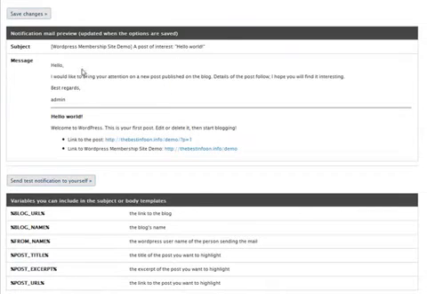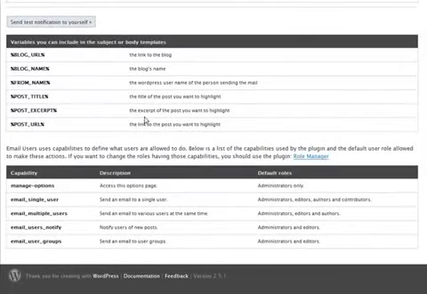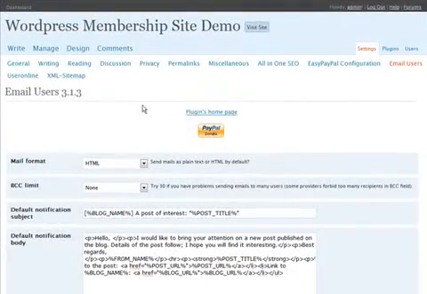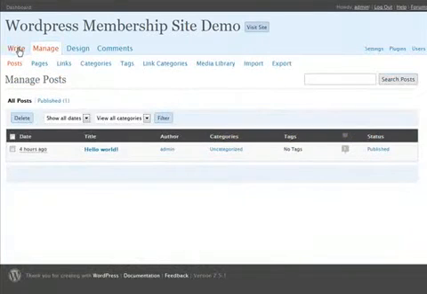Here we have the message that we have above there, just showing you here. And down here you have the different variables that you can use and your capabilities down here. Now what we can do here, if we go into, it's in right,